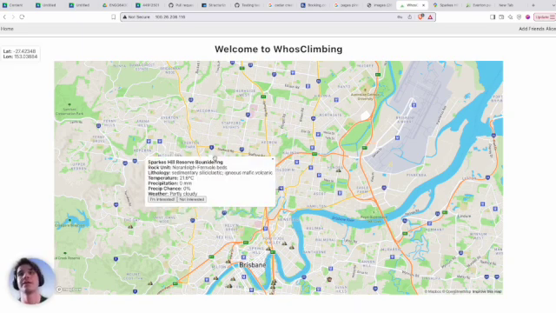Okay, and then eventually it's registered itself in OpenStreetMap and we can see it. You saw it pop up on my screen just now. Sparks Hill Boulder Reserve. It's now listed here. So that's how our app provides information off to Overpass and OpenStreetMap, and how OpenStreetMap in turn provides us with a useful service showing off interoperability.